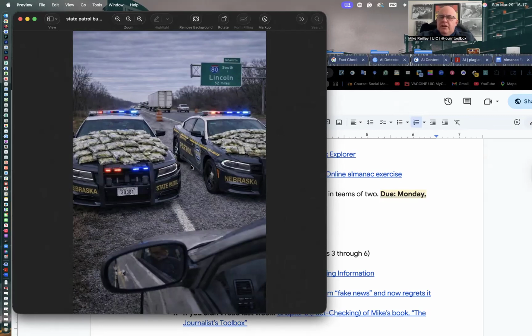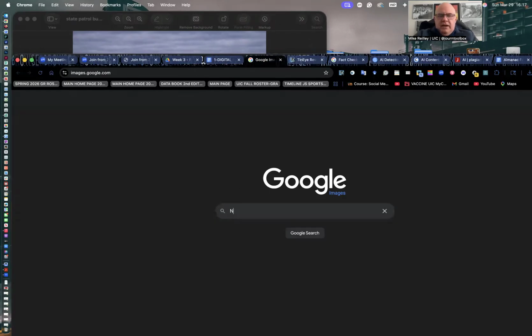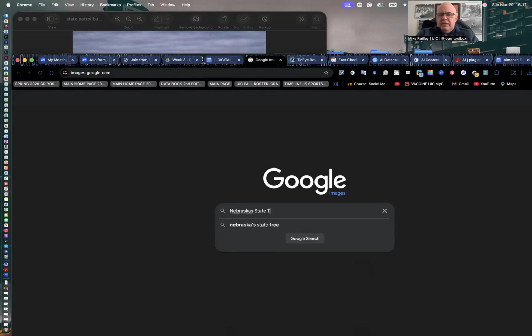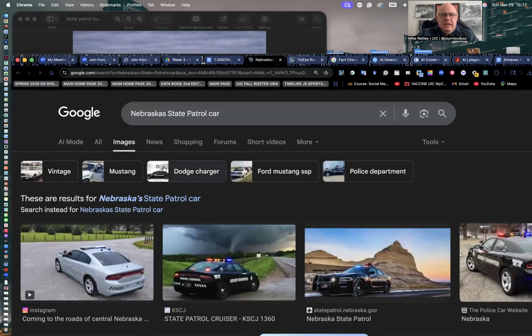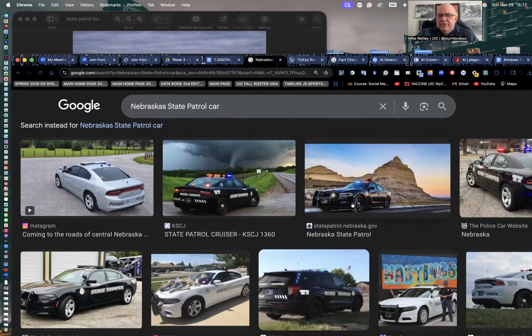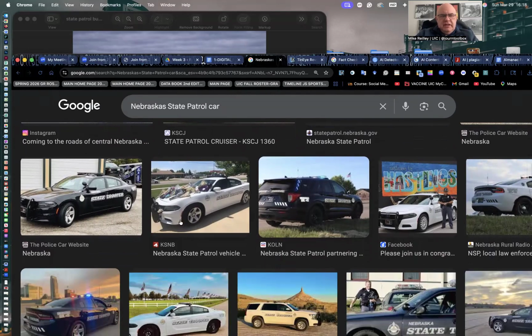They also don't look like Nebraska State Patrol cars. So I could go into Google Images if I needed to confirm that. I'm going to just search, what does a Nebraska State Patrol car look like? And take a look at the images here. Here's some. It doesn't have the writing down the side, but they come in black and white,